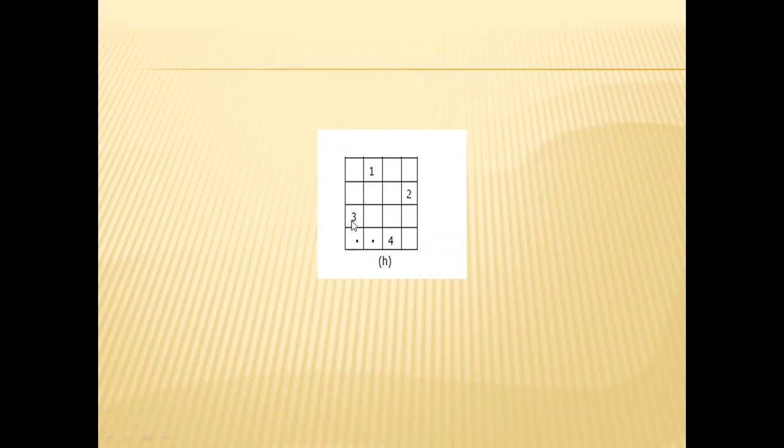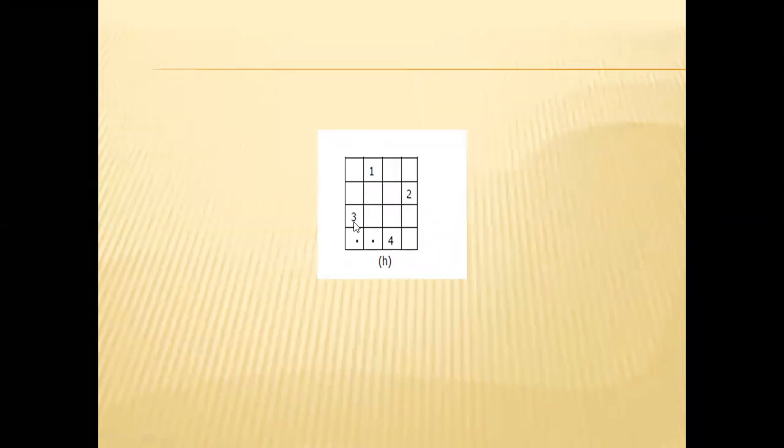Next, the third queen. For the third queen, same: no two queens are in the same row, same column, or same diagonal. The solution for this problem is x1 equal to 2, where 2 means second column. x2 equal to 4, that is second row, fourth column. x3 equal to 1. Next, x4 equal to 3.